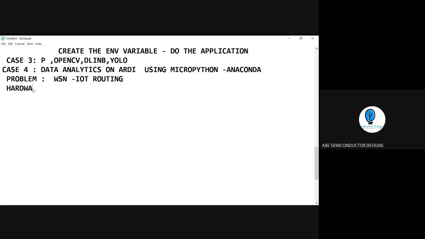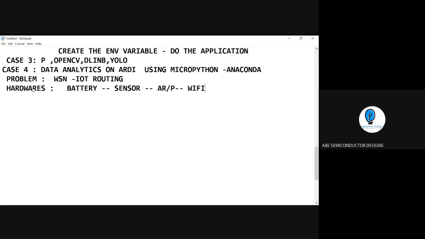First, we'll construct the hardware. What may be the hardware for this? And the tools, you know about the tools. So like a WSN IoT routing algorithm, what kind of thing can we bring over here? For the hardware, we require a battery supply and any sensor values, very simple sensor values, and an Arduino or a PyCom, a NodeMCU, anything connected with Wi-Fi.